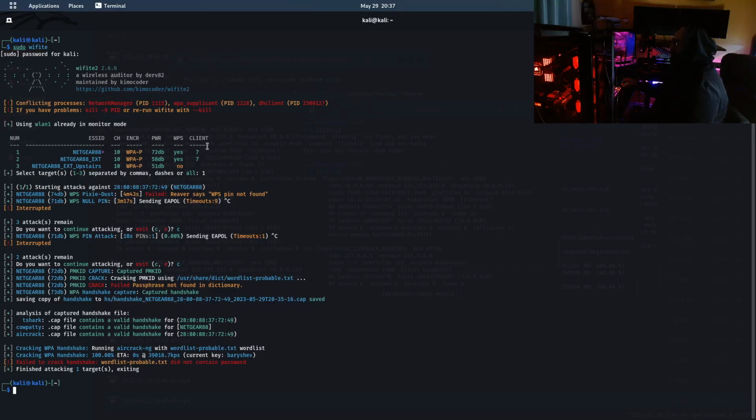So I like the fact that Wifite has a few different types of attacks all in one. So you don't have to use various programs and applications to try to bypass one way, and if it's not successful, use another application. It does everything all at once for you, and it's very automated. As you can see, it goes through a series of attacks, one by one, first being the best choice that Wifite suggests for you, which would be the WPS attack, and then so on and so on. And we were able, as you can see, to capture a hand